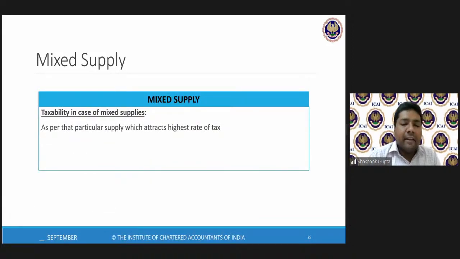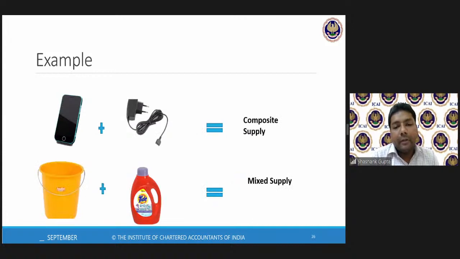तो अगर mixed supply बन गया तो क्या होगा? So when it becomes mixed supply, then the rate of tax will be as applicable on that which is the highest rate of tax. So in our example, between Rolls-Royce and the water bottle, the tax rate of Rolls-Royce. Then time of supply, place of supply, also in accordance with the supply which is liable to highest rate of tax, that is as per applicable on the Rolls-Royce. Now,